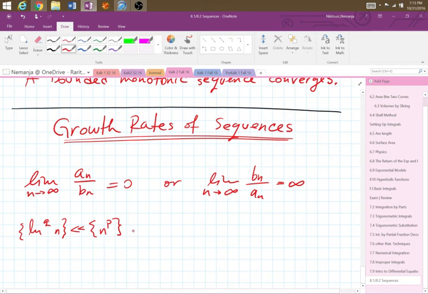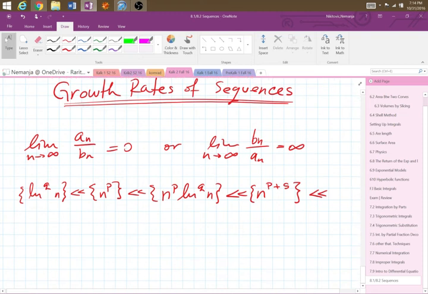And then we have n to the p ln to the q of n, which means when you multiply a polynomial and ln, which will be less than any polynomial multiplied by another polynomial. That means that they are forever less than. Sorry, eventually will always be less than, eventually. And I'll show this right now, which is less than